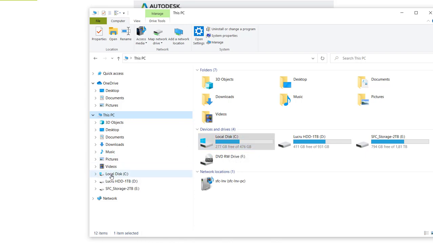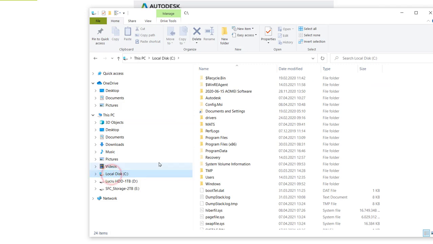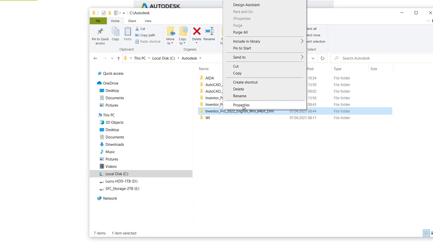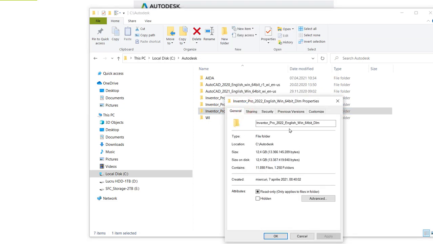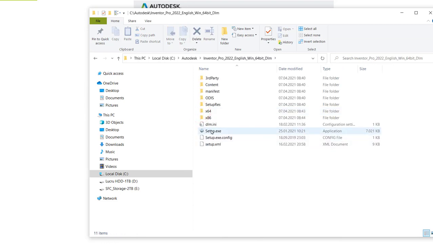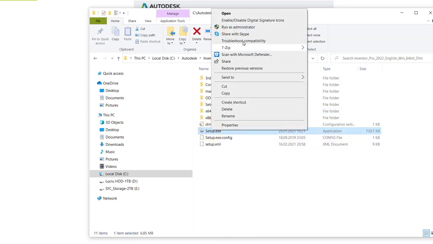I go to this disk, Autodesk, because in the meantime I downloaded the full Inventor version, which is, for you to know, 12.4 gigabytes. Okay, I open this, I apply run as administrator,